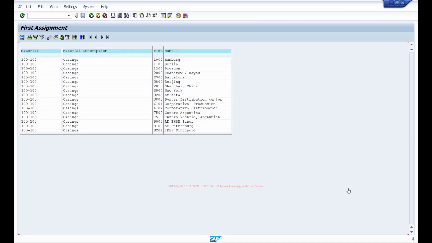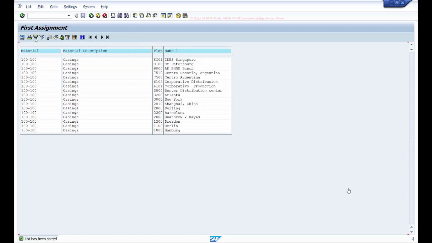it shows this list output, and as you can see, everything is formatted well, and I have a lot of options here. So if I want to sort this output by plant, I can select this column and sort it by ascending or descending order. So the system will automatically do all these things. So you get a lot of functionality by just calling that function module and passing the data. So you no more have to spend time manually using those write statements to format your report output. Instead of doing that manually, you simply call this function module, pass the data that you want to print in the output, and it will take care of printing that data for you.